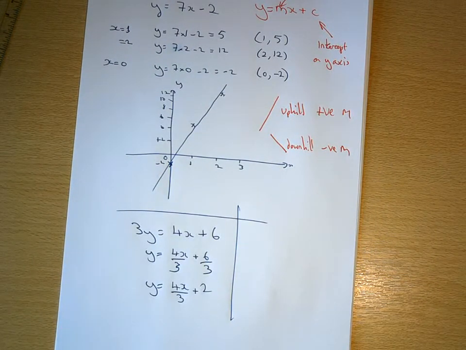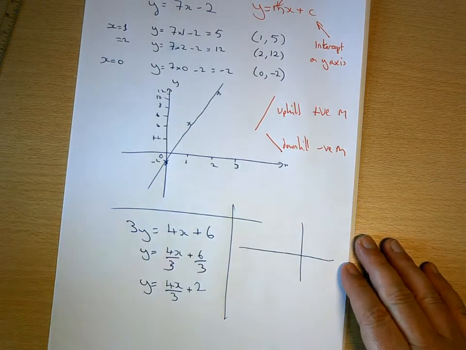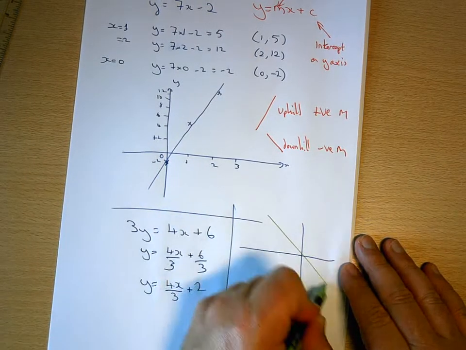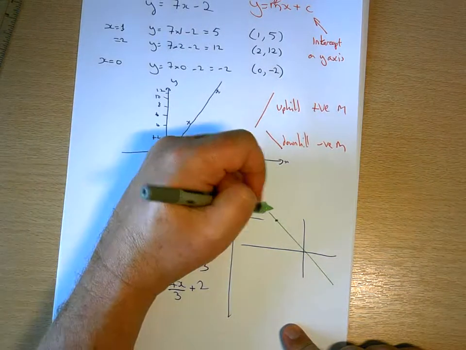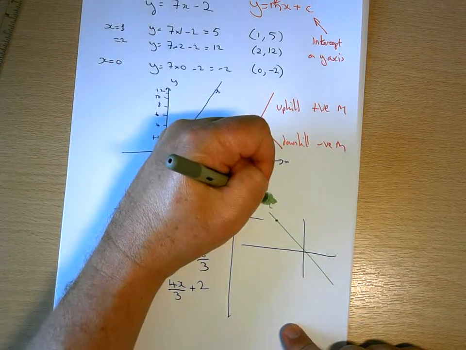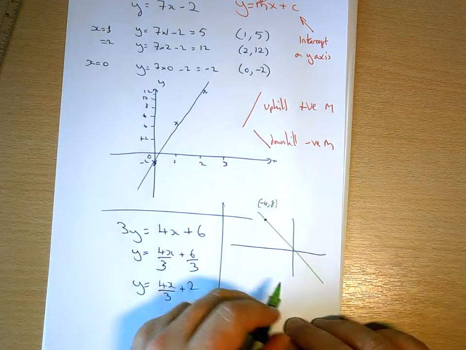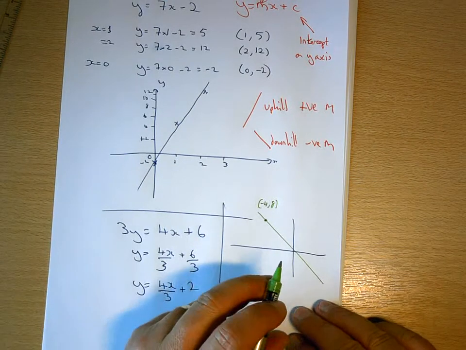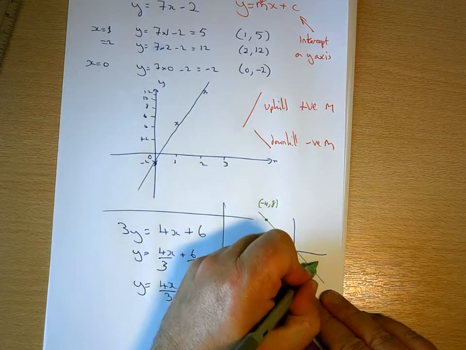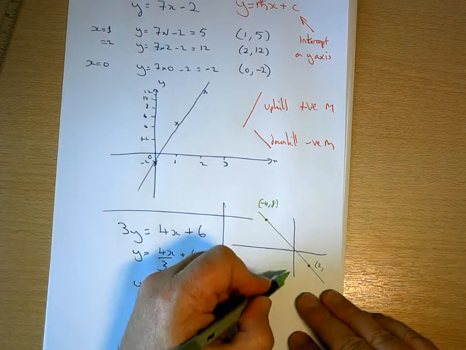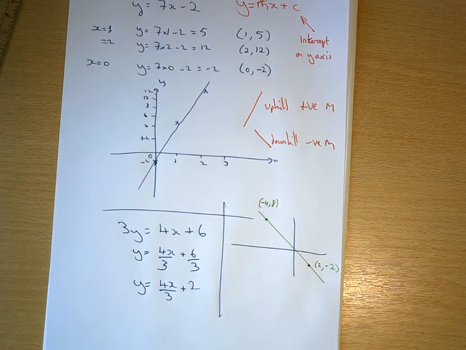Sometimes you'll need to calculate what the gradient is. So if I come up with a sort of bad example here, let's say that's my line, and let's say I know that that point is (-4, 8), and I need to know another point on the line in order to work out the gradient. So if I know that this point here is, let's say, (2, -2),